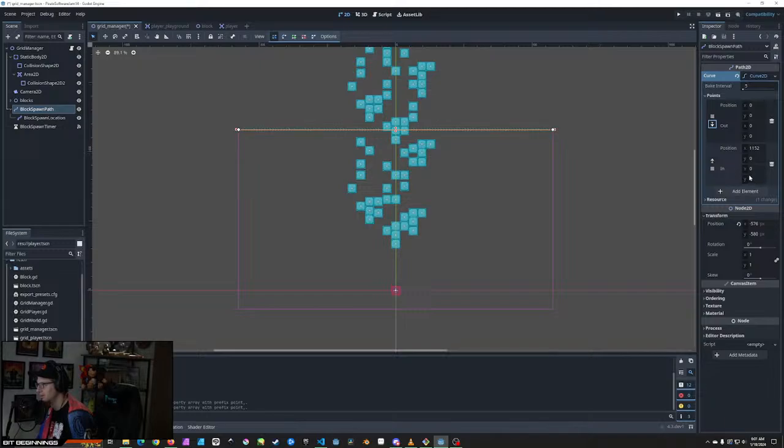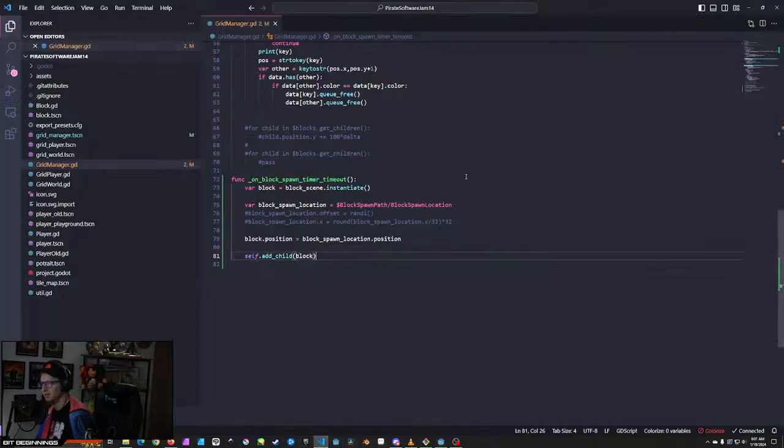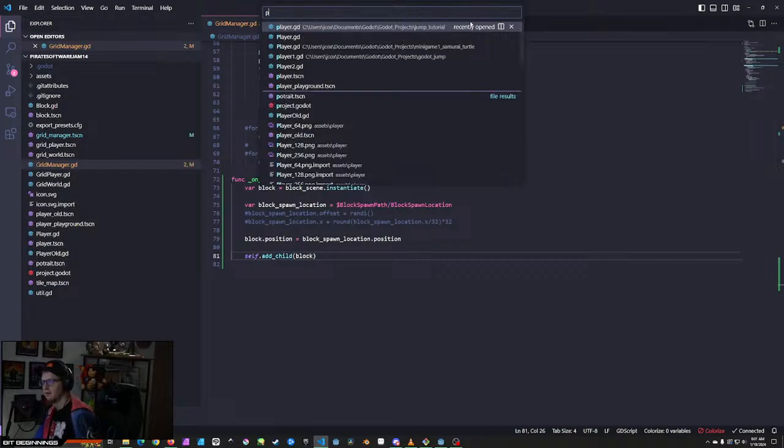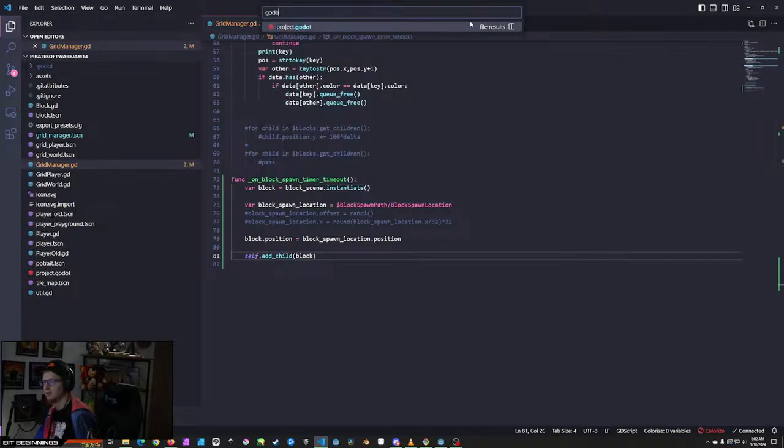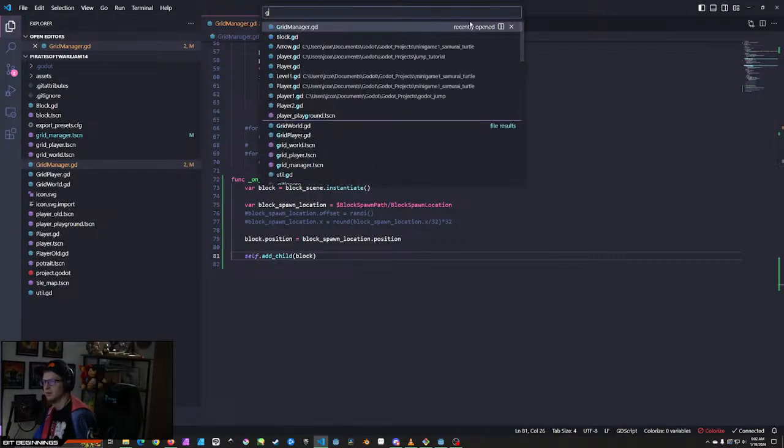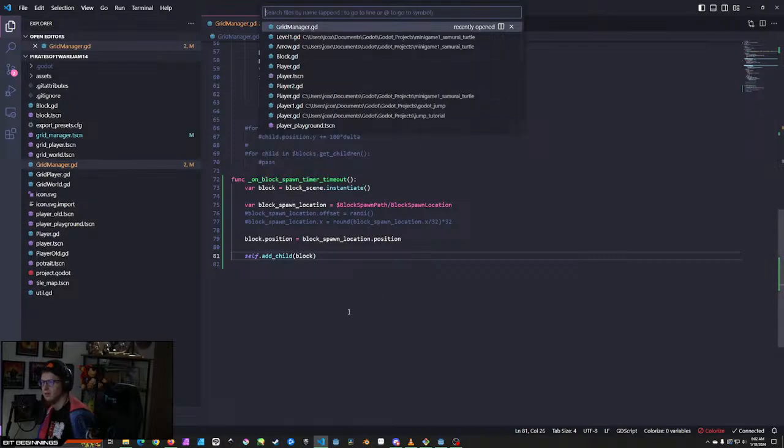Why are there two indexes here? Path 2D. How do I,